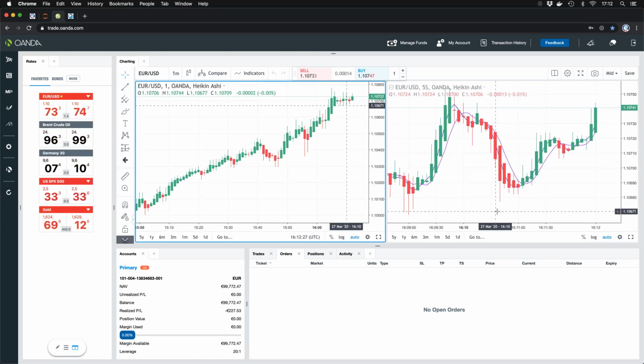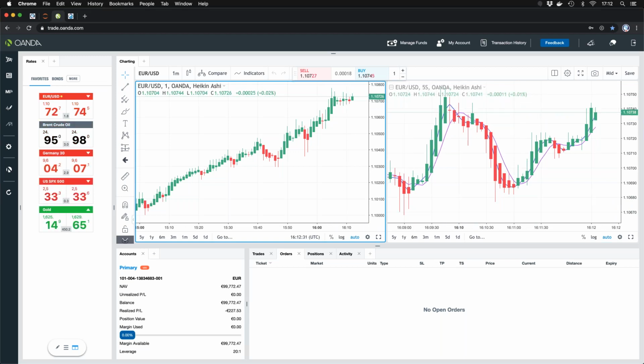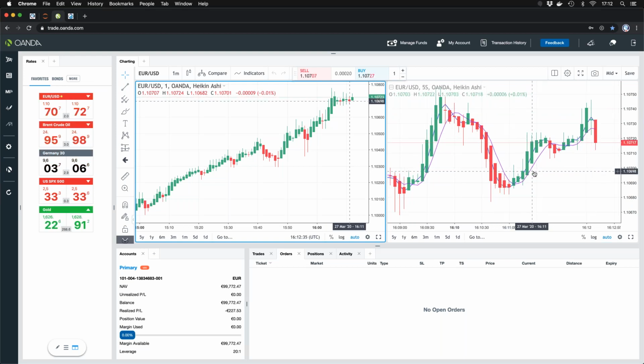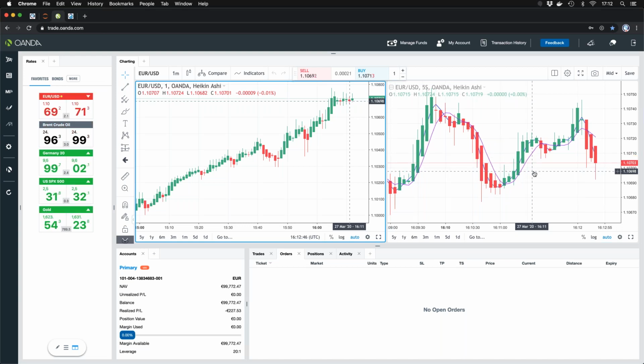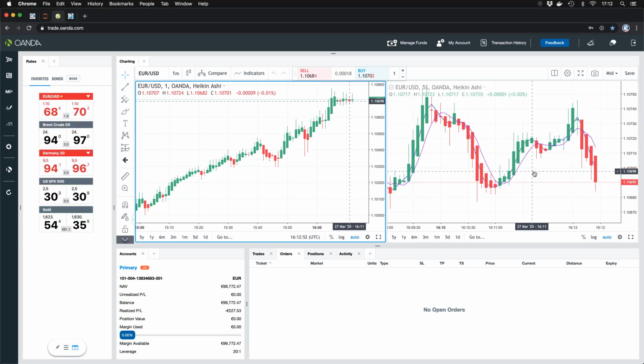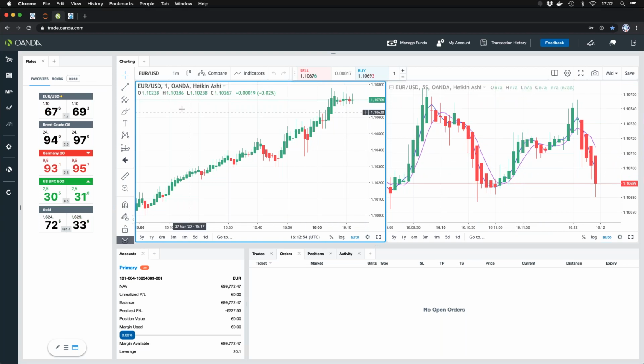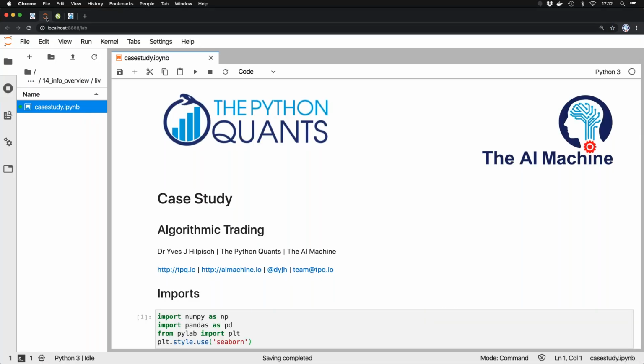And the strategy that we're going to test for Wonder is Euro, US dollar, 5-second bars, and 2 simple moving averages, 3 bars and 6 bars. I've chosen these very short-term parameters due to the fact that I want to do a demo here. Otherwise, I wouldn't recommend going with 5-second bars, and also probably not with 3 and 6 bars for the simple moving average, but this allows me to have a quick demo and to see some results.